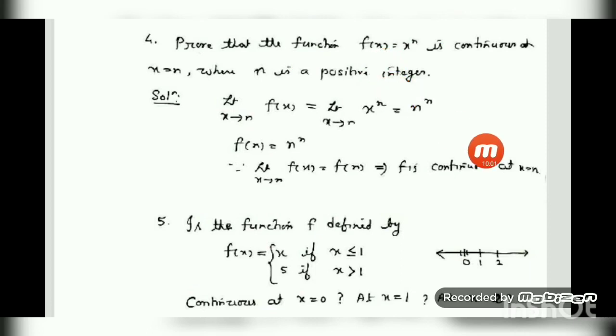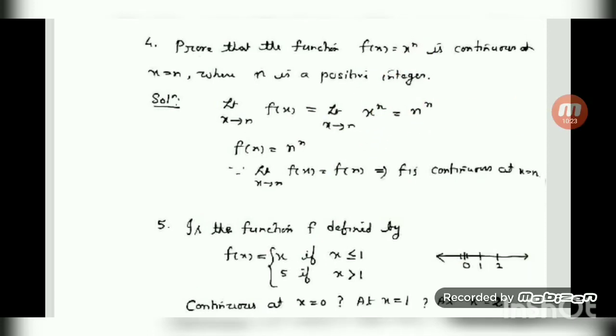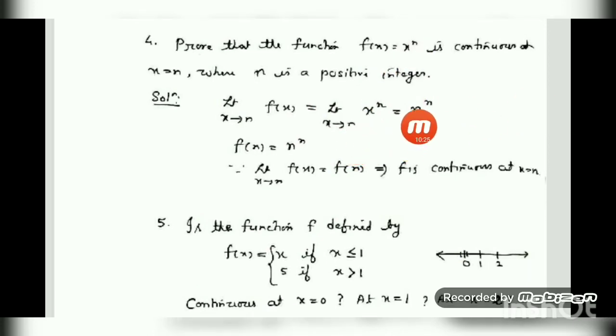In case of special type of function, for example, modulus function, signum function, step function, in these cases you write down the function in detail and then decide whether left hand or right hand limit separately we have to do or not. But here it is not required. So what I have done, limit x tends to n f(x), that is limit x tends to n x to the power n. So in the place of x we have to put n, so it will be n to the power n. Then we have to get f(n). What is f(n)? n to the power n. Limit value and the function value are equal. Conclusion is what? f(x) is continuous at the point x equal to n.